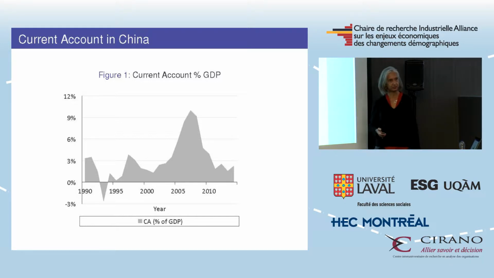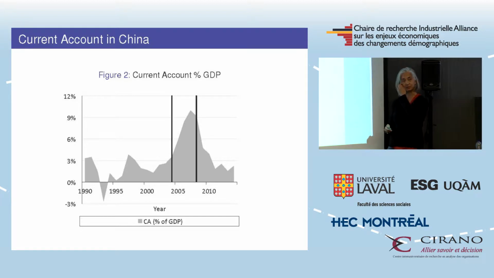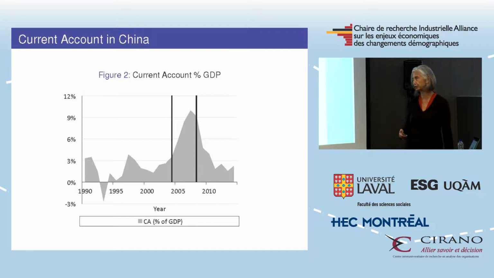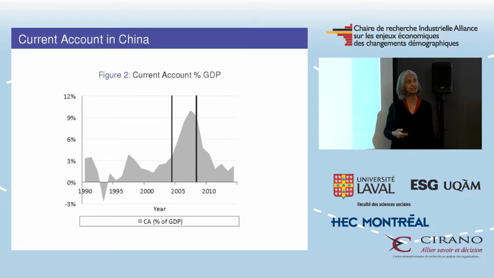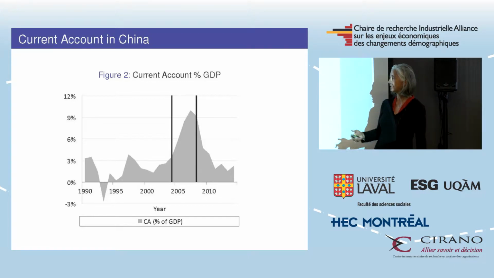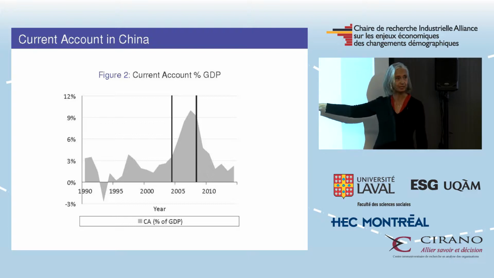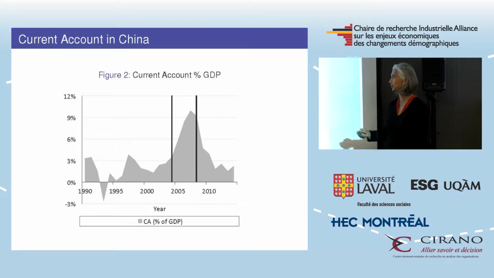This is the current account in China. It has increased a lot between 2004 and 2008, actually. So this was a period where lots of papers got written about the current account surplus in China and what it implies for the US and for the world, the savings glut, that they cause the interest rates to go down to very low levels. And there are different types of papers that were written, so I'll give a little summary of that perhaps. But then it declined. Right now it's actually much lower compared to this period of very high current